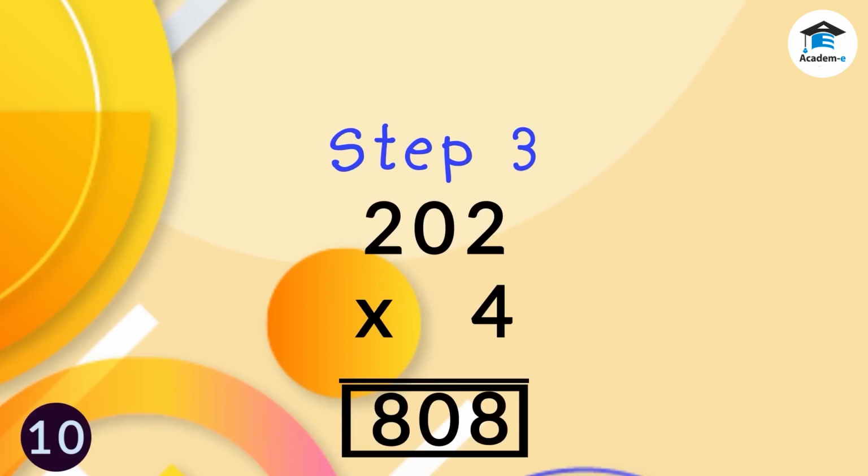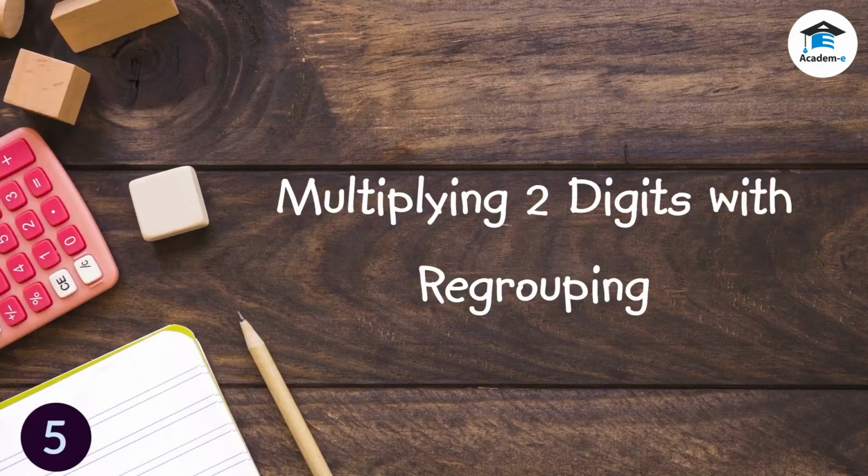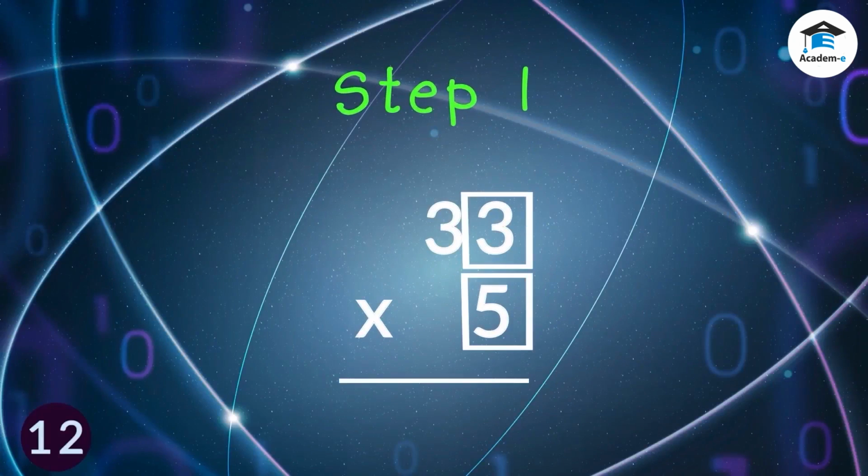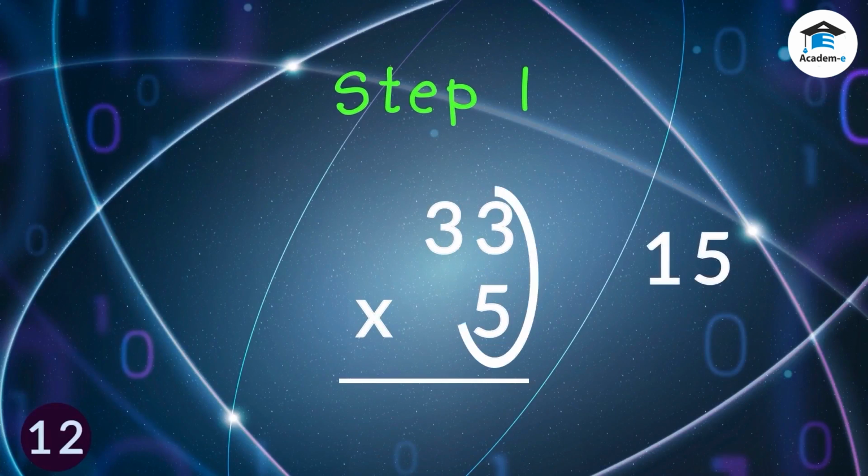Now, let's move on to multiplying 2- to 3-digit numbers with regrouping. Let's have the first example in multiplying 2-digit numbers with regrouping. Step 1. Multiply the ones by 5. 3 times 5 is equal to 15, which is a 2-digit number. 15 has 5 in the ones place and 1 in the tens place. What we're going to do is put 5 under the ones column and carry over 1 at the top of